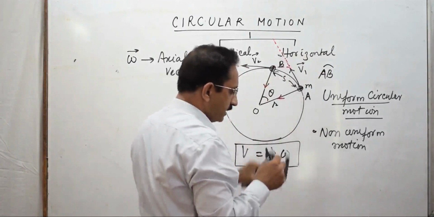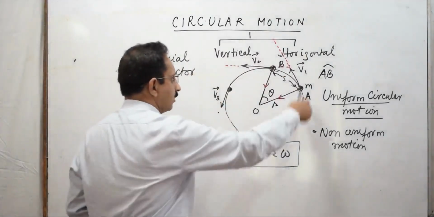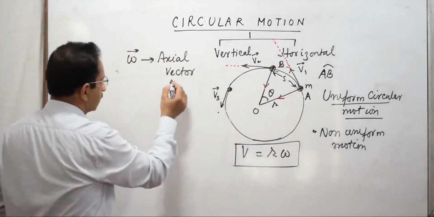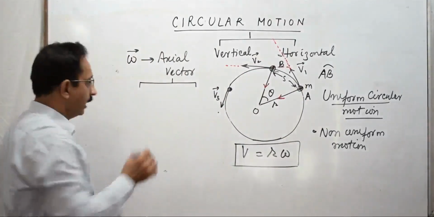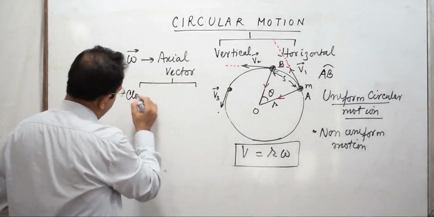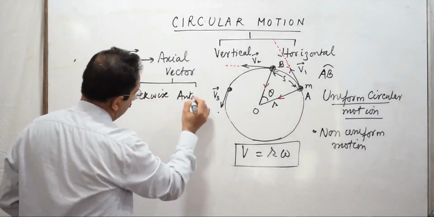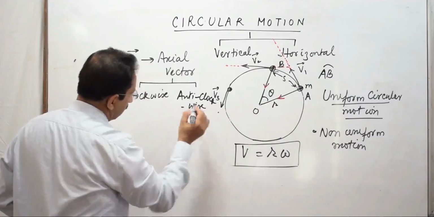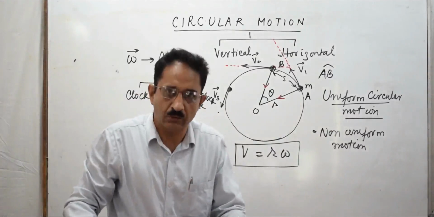Now there are two senses of rotation. One sense is that rotation can be anti-clockwise or rotation can be clockwise. So when we talk about this axial vector, it can take only two orientations. Either the rotation is clockwise, so it will have one kind of value, or it is anti-clockwise, so it will have some other value. So you have to care only about two senses of rotation, clockwise or anti-clockwise.